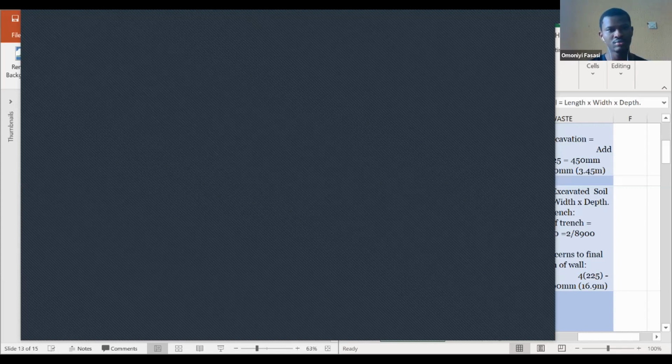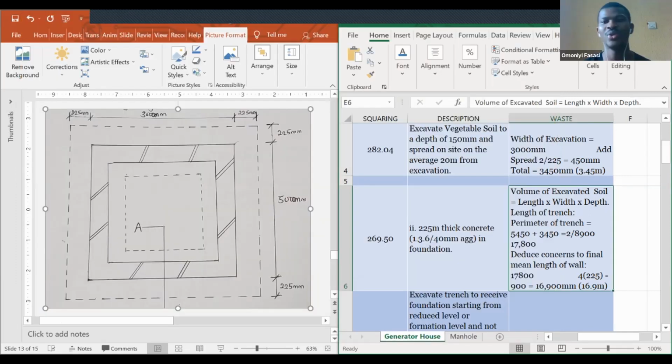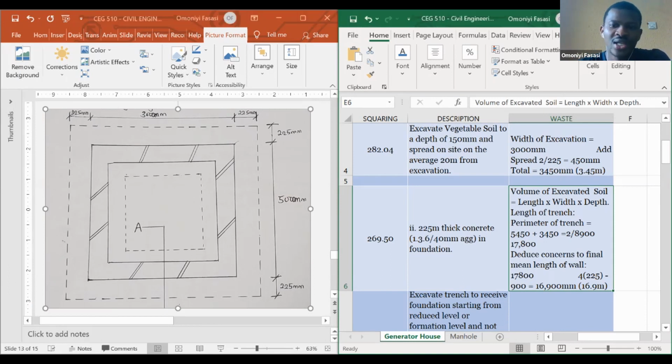Thanks. My pleasure. So moving on, I was trying to let you understand that we are trying to excavate a certain area, right? So now the first thing you need to do is that you need to know the length you are working with, the width and the depth. So now the length is going to be the perimeter of the